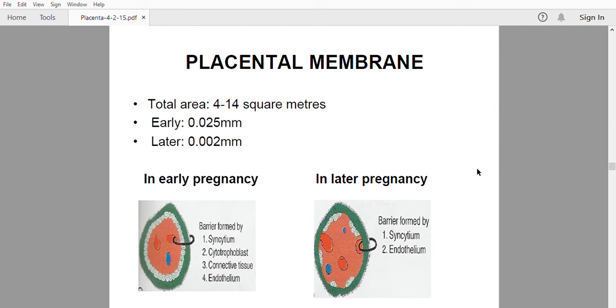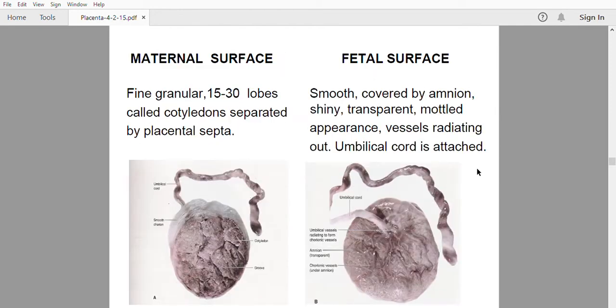We have all heard about the placental barrier since childhood, isn't it? However, most bacterial infections can be prevented by means of this placental barrier, but still, there are viruses like poliomyelitis, measles and rubella. All of these can pass through the placenta, and some bacteria can also pass across